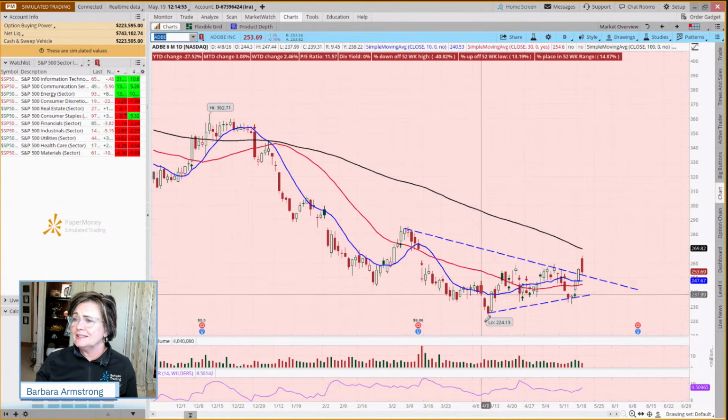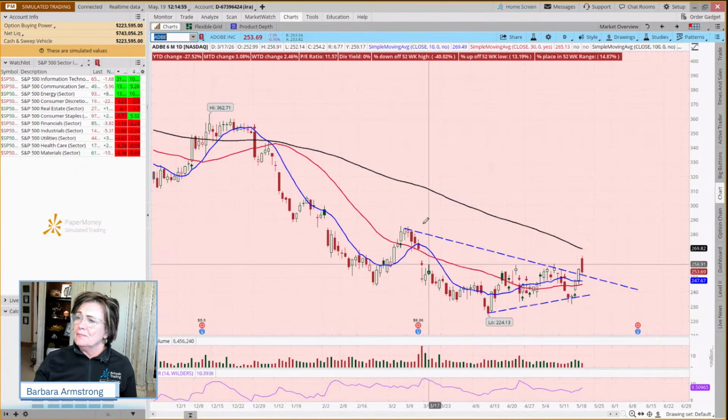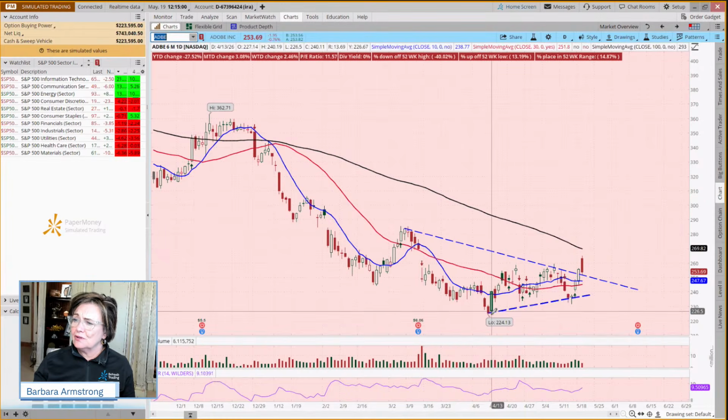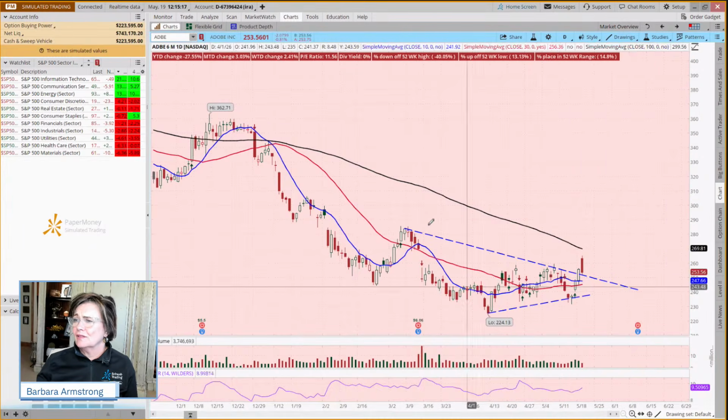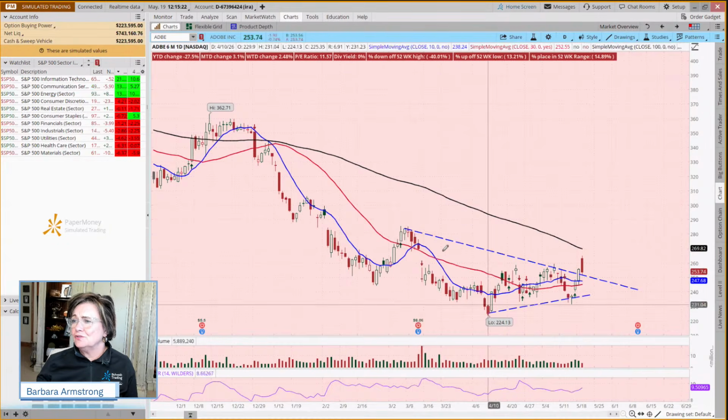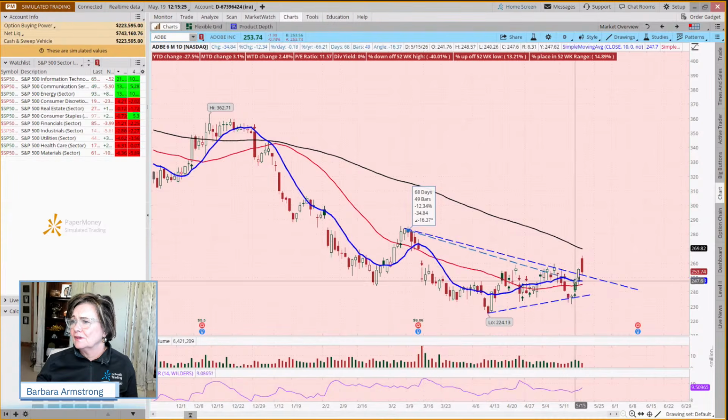It's gone from 362 down to 224. But what we've seen since the middle of April is it's now starting to establish some higher lows, even though we're still seeing lower highs. And you may say, well, I didn't draw my top line like that, I drew it more like this. It depends on when you draw your line, right? So you may say, I drew my line more like that.